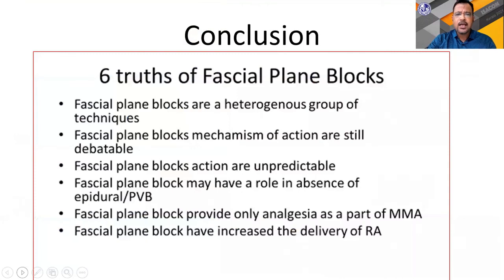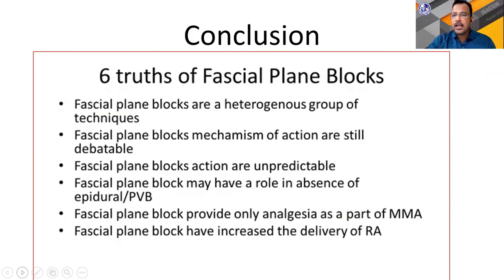So to conclude, there are 6 truths of the fascial plane block. First, fascial plane blocks are a heterogeneous group of techniques. Fascial plane block mechanism of action is still debatable. Fascial plane blocks are unpredictable. Fascial plane blocks may have a role in the absence of epidural or paravertebral blocks. Fascial plane blocks provide only analgesia as a part of multimodal analgesia, and fascial plane blocks have increased the delivery